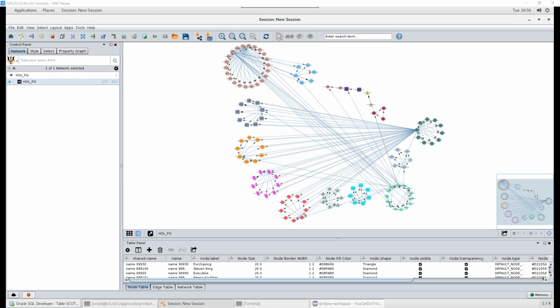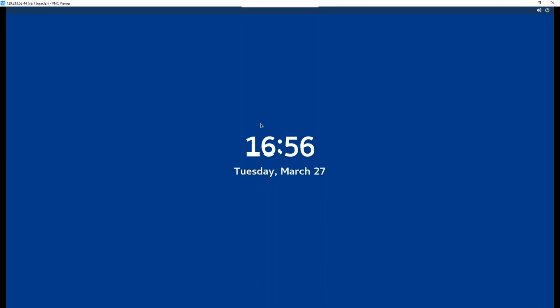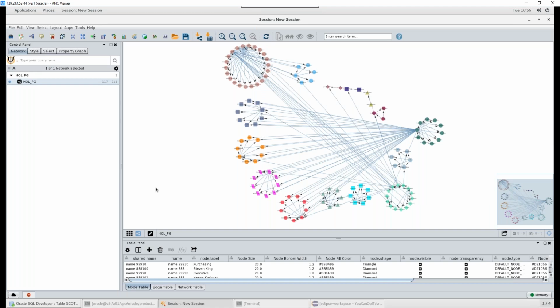building out all the infrastructure and having to go through the purchasing pain that you would have to go through to POC something where you might need tens of thousands of dollars to get off the line. I've gone out and gotten the 18C version of the database up and running using a cloud account, and in fact, Oracle will give you $300 credit any day of the week. You can sign up for 30 days, and you can go out and do this complete example for essentially free with a